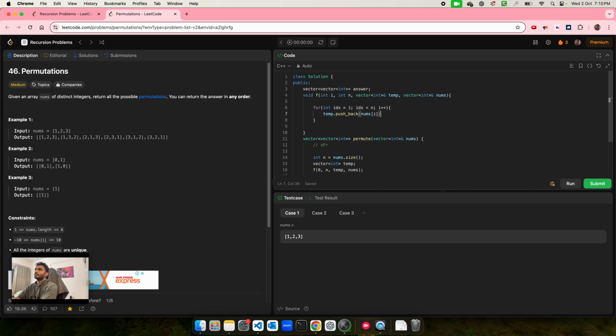Remember that this should be there for backtracking, and then I go to i plus 1. I ask my recursion to give me other combinations, right, and we can pass everything,